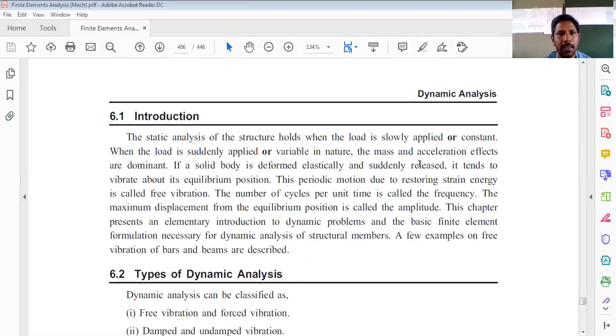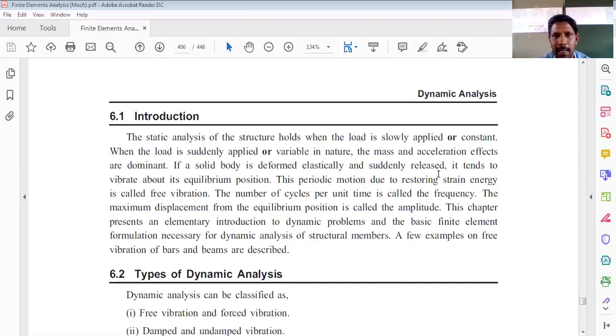So the general concept in this particular module is to understand the mass matrices of the different elements under consideration, maybe the bar element, the CST element, the truss element, and even the beam element. For such elements, how exactly we can have the formulation of those mass matrices, and how to analyze for frequency and mode shapes. Those things are considered in this particular chapter.